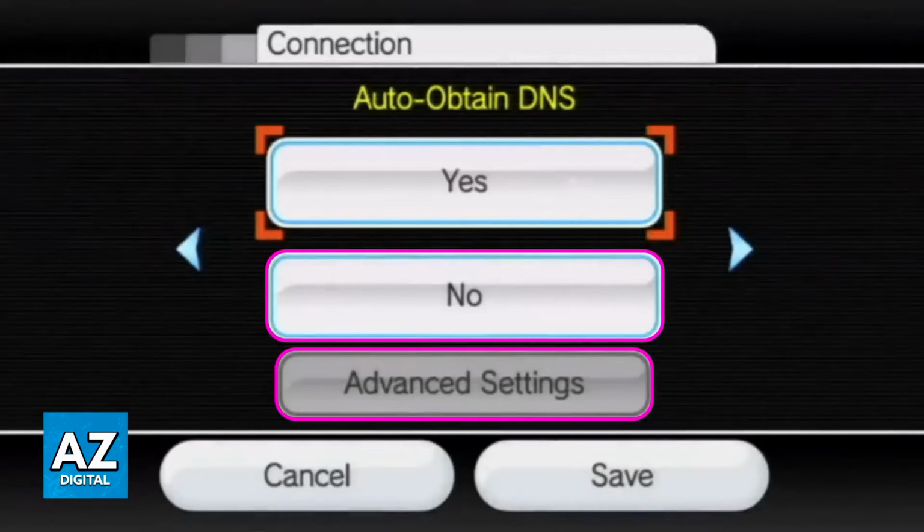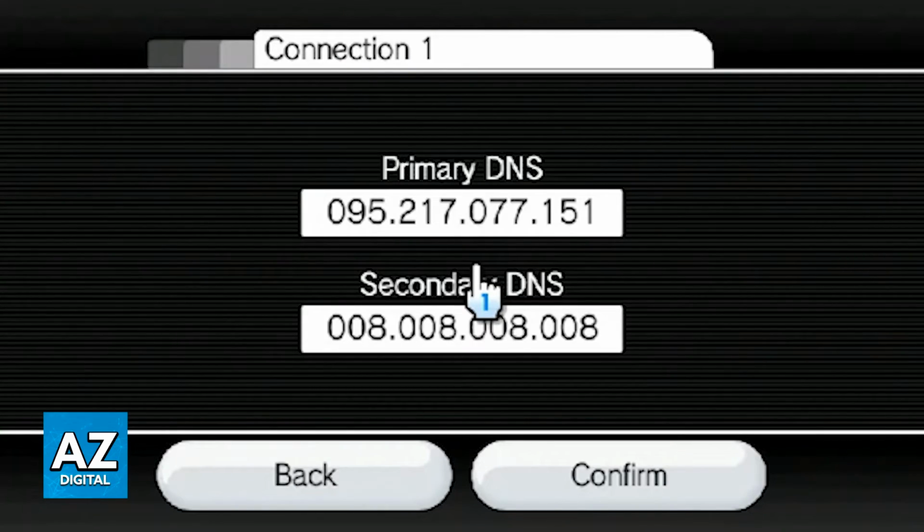Now you will be able to switch left and right until you are able to find this category, Auto Obtain DNS. In this category, choose the option No, and then Advanced Settings is going to become available at the bottom. Once you go into Advanced Settings, you will be able to manually input a primary DNS and a secondary DNS. All that you have to do here is input this specific primary DNS that I'm showing you on screen,